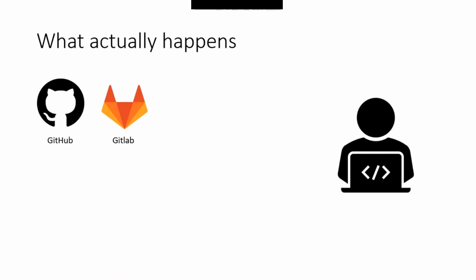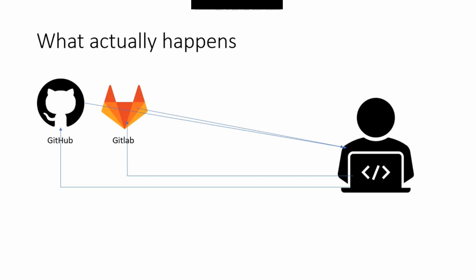Before talking about the workflow, I'd like to talk about the reality that happens with every developer. Whenever a developer wants to work on any kind of project which is getting managed by Git, they would basically get that project from some kind of hosting services like GitHub, GitLab, Bitbucket, etc. They'll get that project into their own local system, work on their own individual modules or tasks, and once they're done with their task, they'll push it back to GitHub, GitLab, etc. So this is what actually happens if your company is managing the projects using Git.